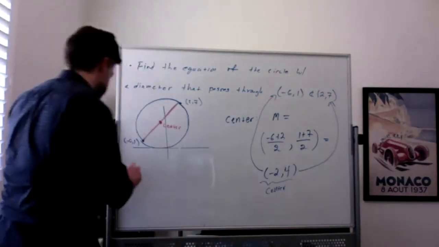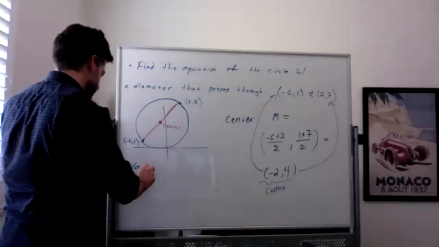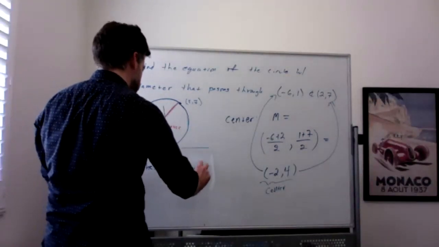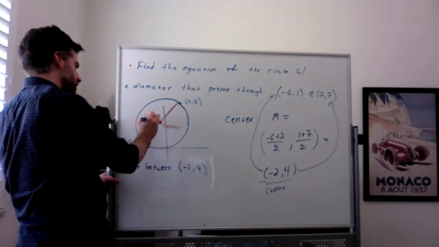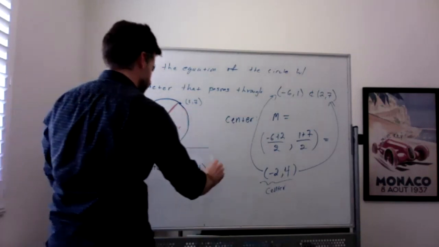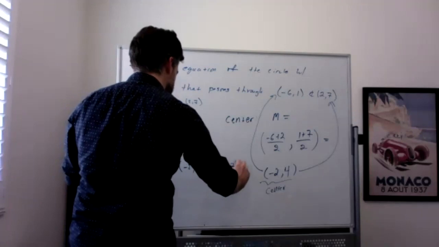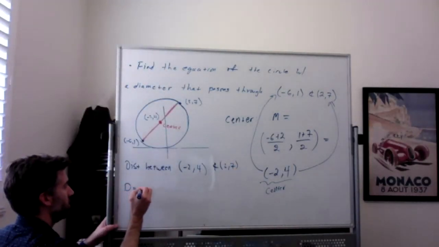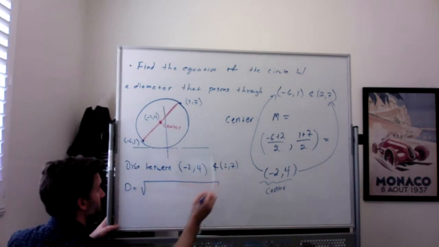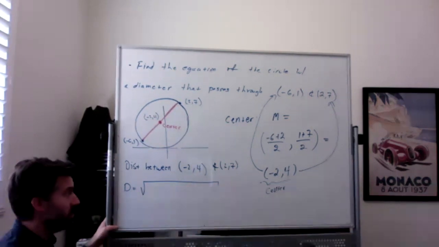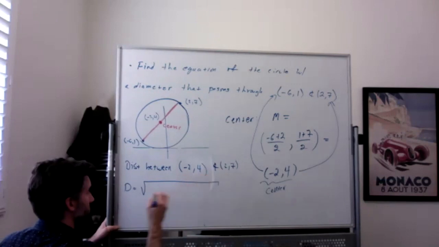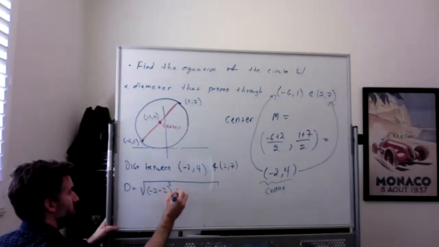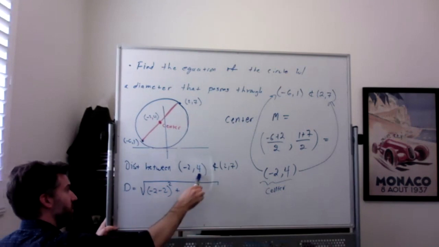So I want to find the distance between (-2, 4), which is my center, and let's say (2, 7). So that's going to be the square root of the difference in the x's squared, so -2 minus 2, squared, plus the difference in the y's squared, so 4 minus 7,